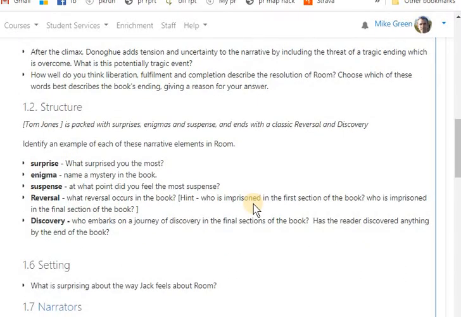The second one talks about the structure of narratives. Now, that's not something that we're going to dwell on particularly. We could have written an essay about that, but I haven't given you a title focused on structure, and therefore I've skipped the next extracts. We haven't looked at beginnings, we haven't looked at endings. We're going to go straight to 1.6. On the other hand, again, I think we can build our vocabulary and use this just to lock in our understanding of the book. So you've got some terms which you have to match up with things from Room.